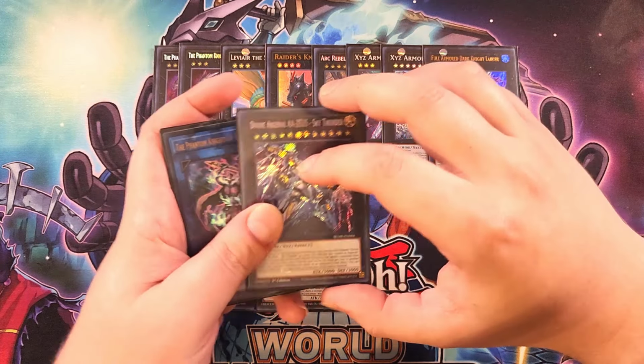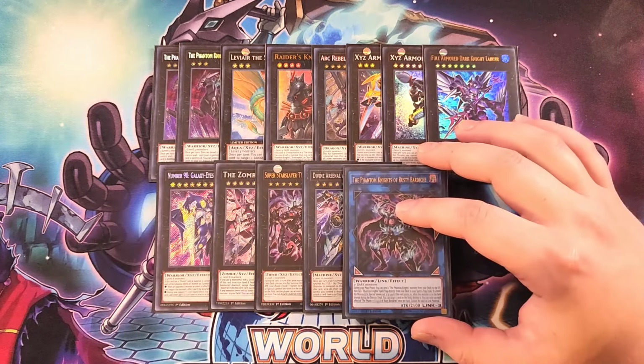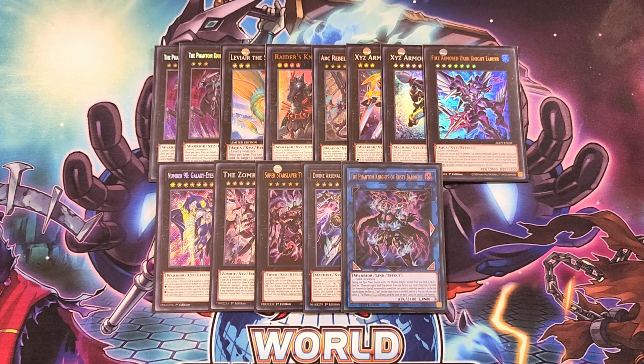One copy of Zeus. Zeus is really good because we play so many different XZs in this deck. Play a steel copy of Rusty Bardiche. Rusty Bardiche is such a powerful card in the deck, as this card helps us set our Phantom Knight spells and traps, helps us Foolish Burial the Phantom Knight every turn, which is insane,